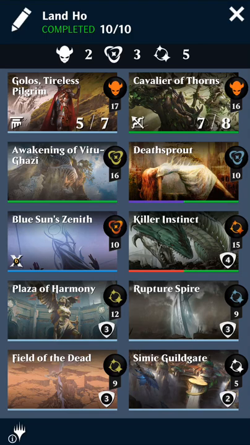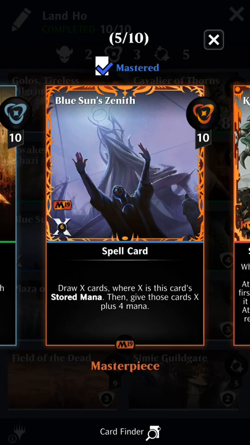I've called it Land Ho because it's a land-based deck. You'll see that I'm using Brokon instead of Ren and 6, and this isn't just that I didn't want to spend money to buy Ren and 6, but it's that Brokon is better as long as Blue Sun Zenith is